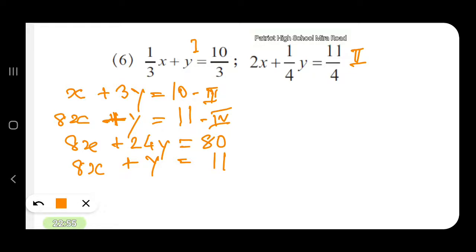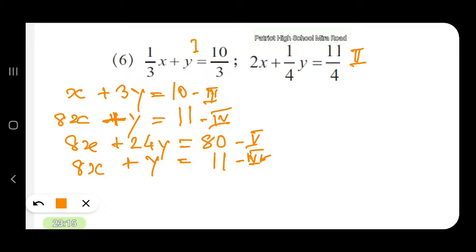Subtracting, now let us name these as equation 5 and equation 4. Subtracting equation 4